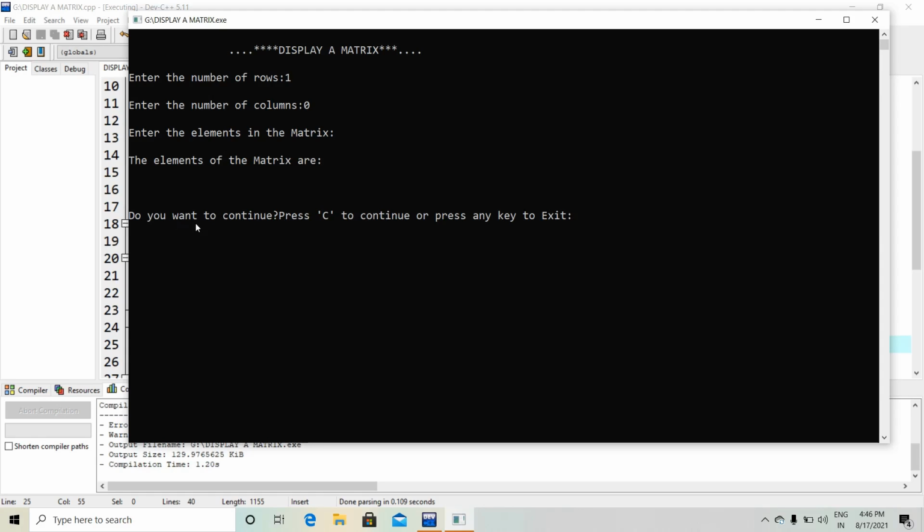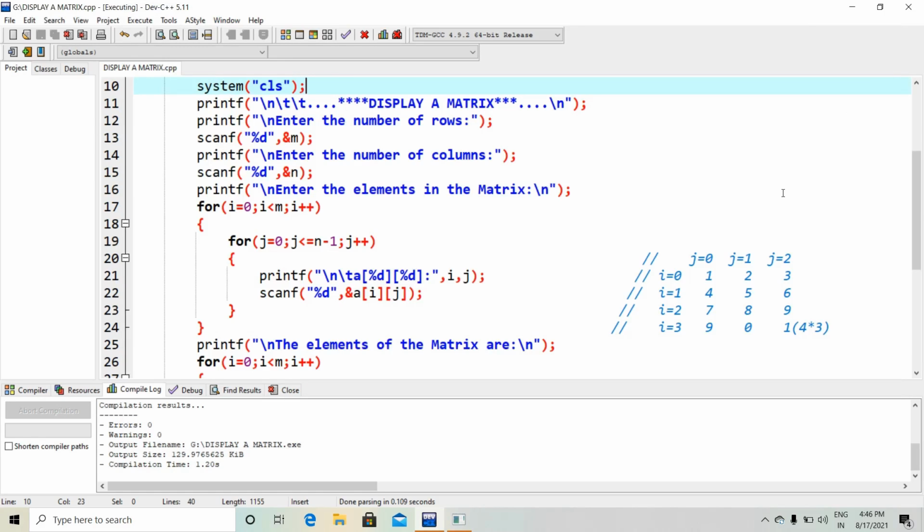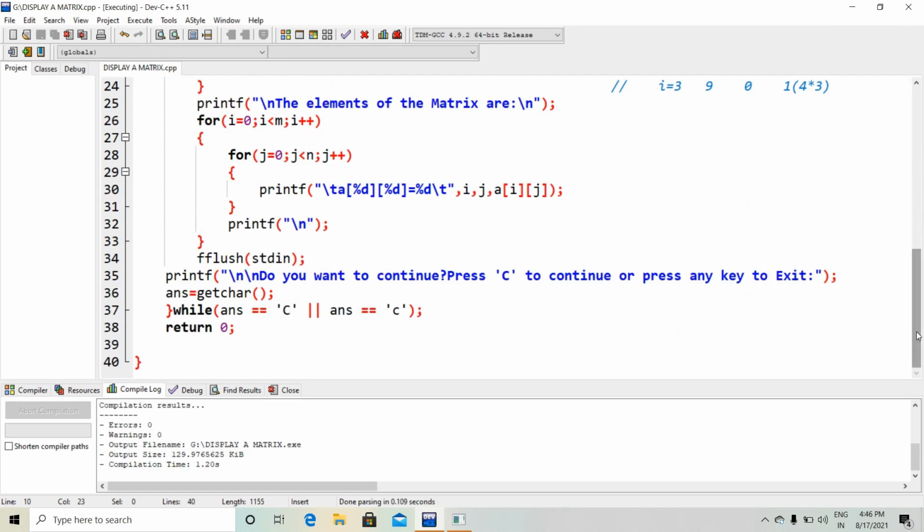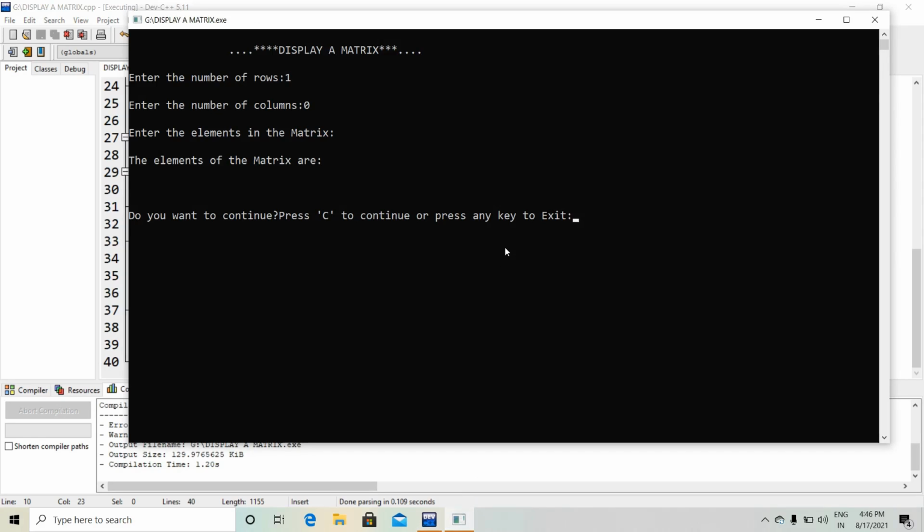So you can see here, do you want to continue? Press capital C or small c, because here is our condition: while answer equal to capital C or small c. If I press capital C or small c, then the same thing will happen again.